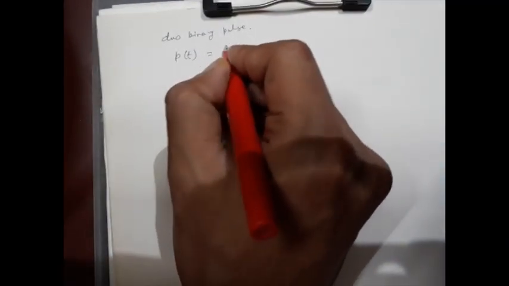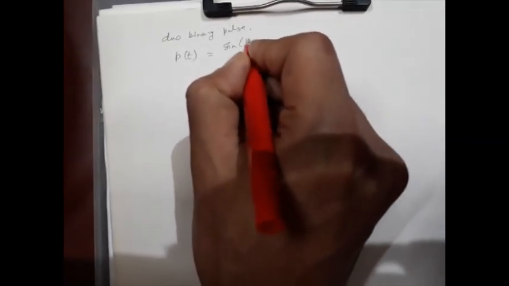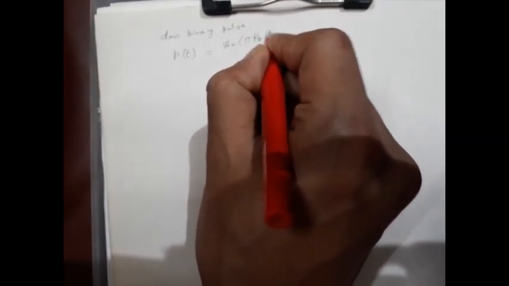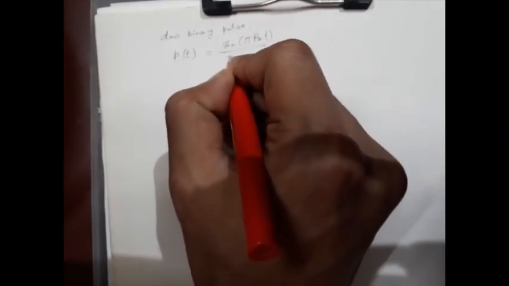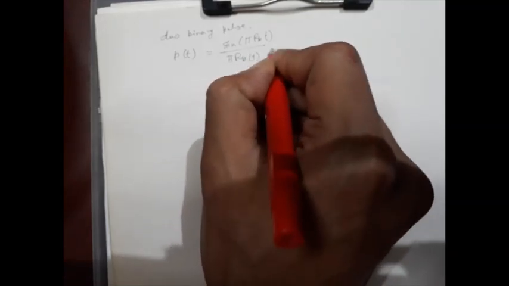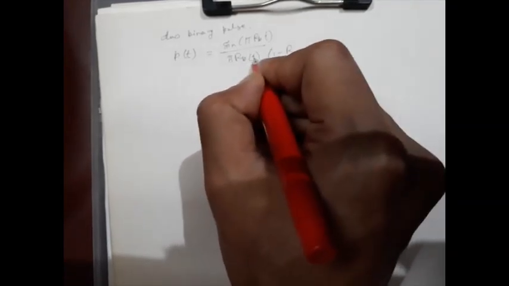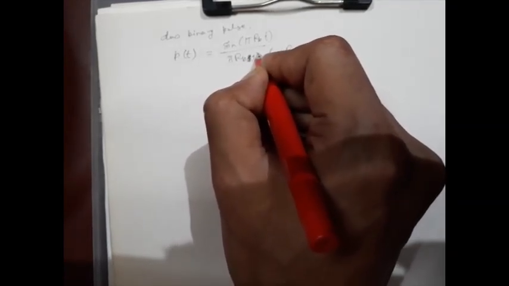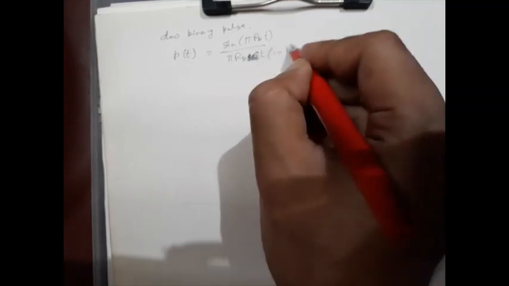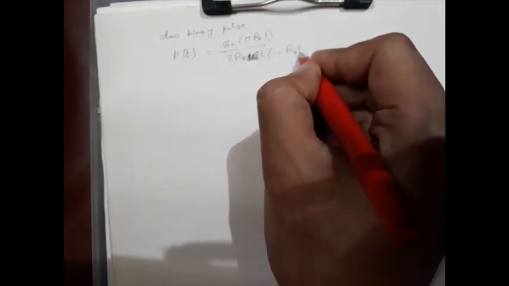For the duobinary pulse, p(t) equals sin(pi RB t) divided by pi RB t times (1 minus RB t),